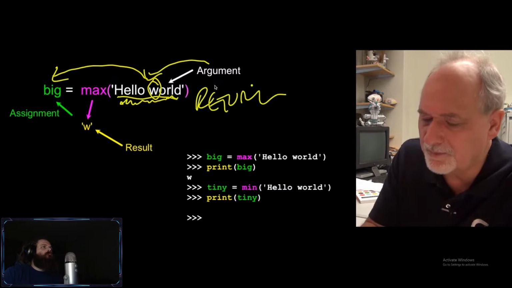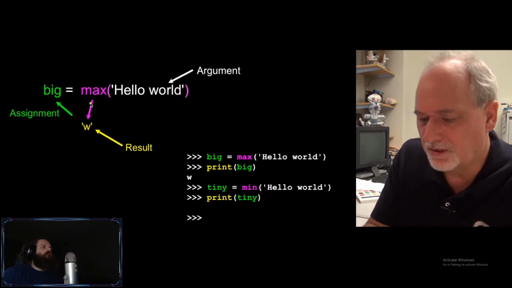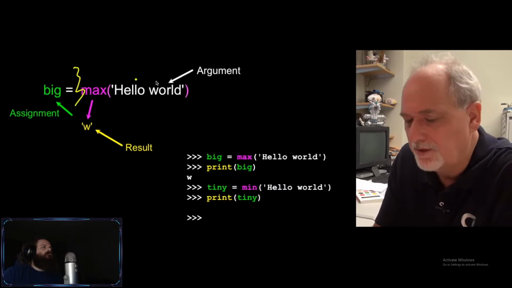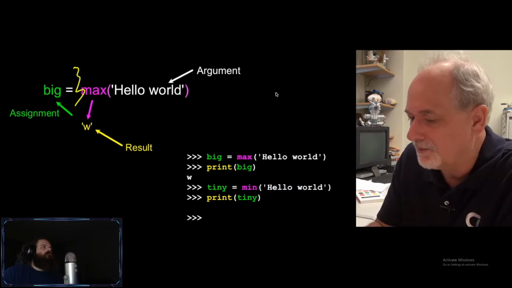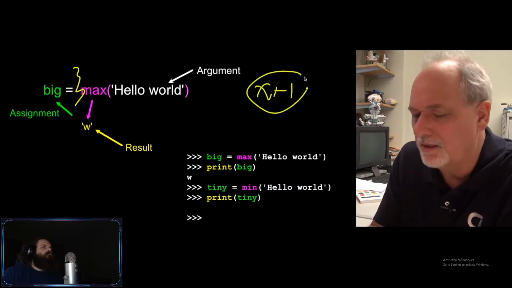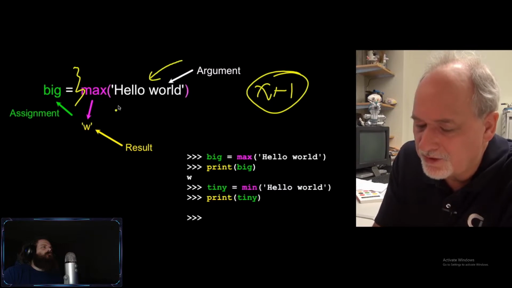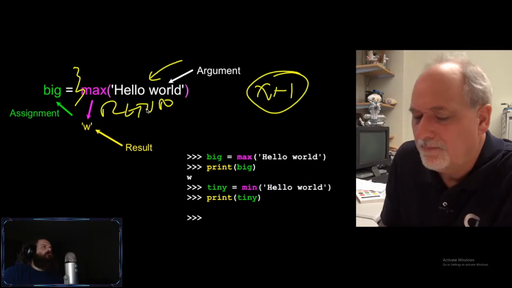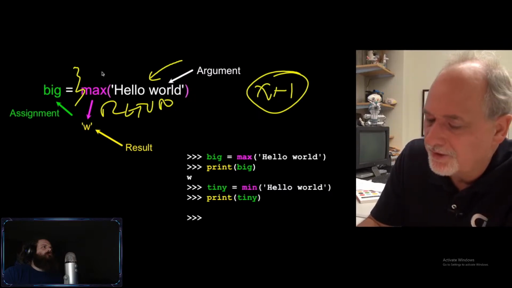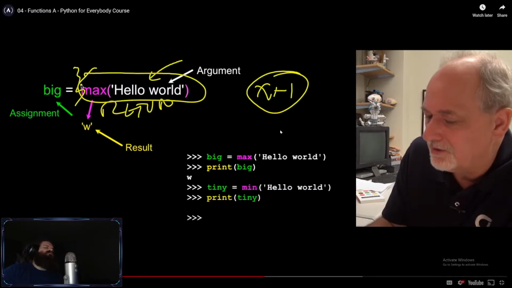So this is an assignment statement. Let me clear this and start over. So this is an assignment statement, so it has to evaluate this right-hand side, and a function call is nothing more than like x plus 1. It's something to evaluate. It runs the function code, passes in this argument, and then this residual value, called the return value, we'll look at this in more detail, becomes the result of this little bit in the expression, and there's nothing else. We could have w plus